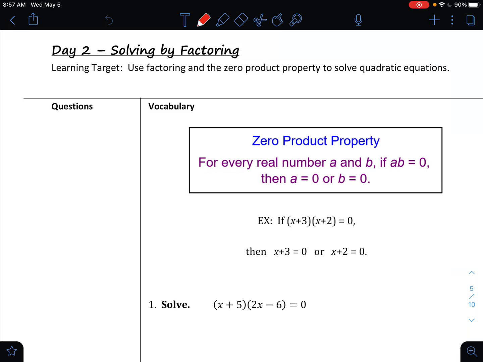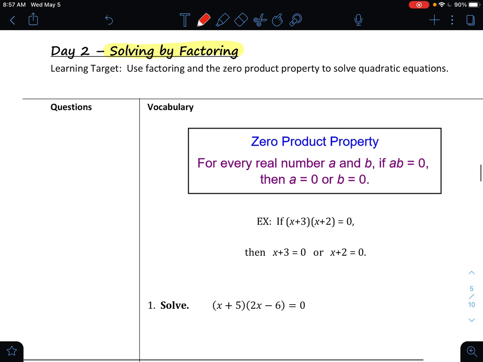Our next section here in our solving unit is solving by factoring. So we are going to bring back the concept of factoring we did and apply it to how that helps us actually solve an equation. Because if you recall, all we did was actually just factor. And so remember, factoring looks like this. If we had a type of problem that looked like this,